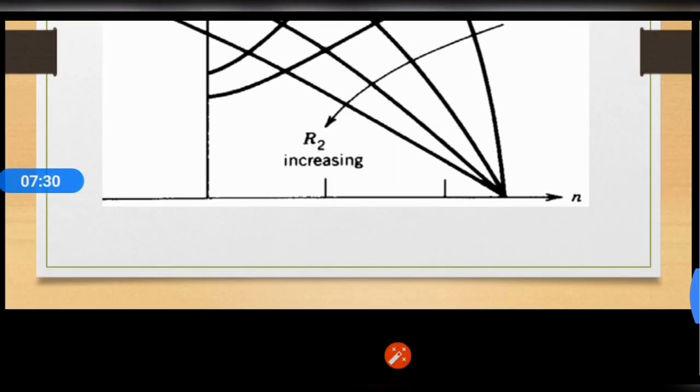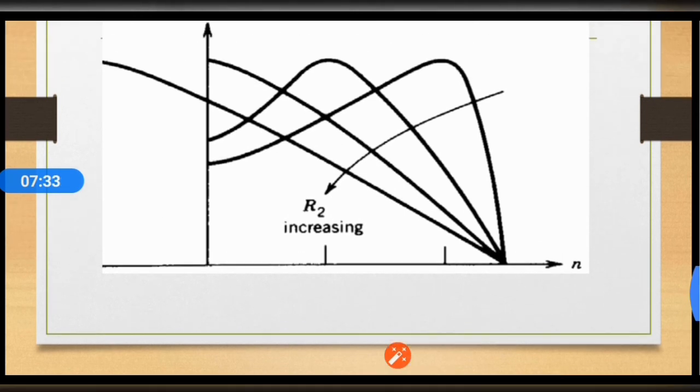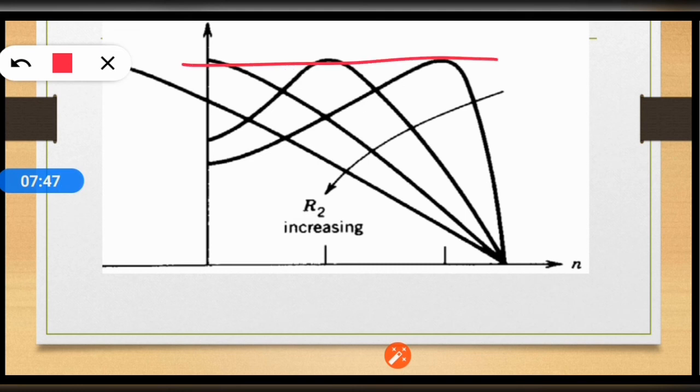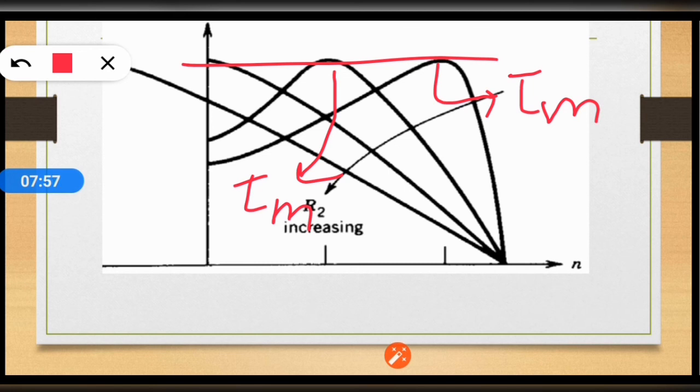So this is how we can change the rotor resistance and increase the starting torque, and we can get the maximum torque at starting without changing the value of maximum torque. Maximum torque remains the same, because in the expression of maximum torque we found that it does not depend on the resistance, it is constant, but the starting torque can be changed. So maximum torque remains the same and the starting torque becomes equal to the maximum torque at the value of